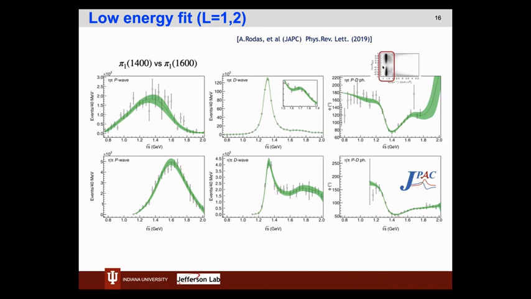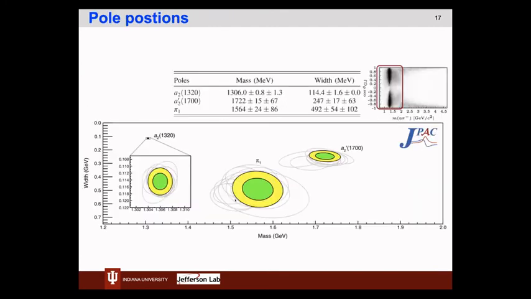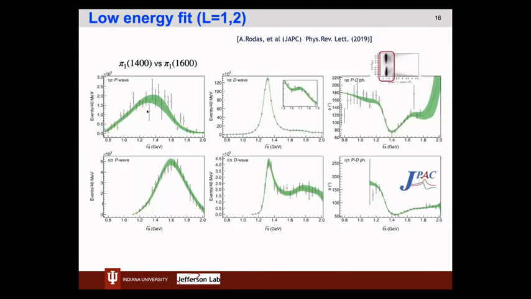So some time ago, we also looked into the resonance region and extracted the pole parameters of an exotic meson using the same partial wave data set, but now at lower mass. So this is the comparison of our amplitude analysis with the COMPASS data, and what that amplitude analysis gave us is essentially a single exotic somewhere between the 1400 and the 1600, which is listed in the PDG, but now we claim that it's really only one, and the difference between its mass positions, as you can see from the left plot, has to do